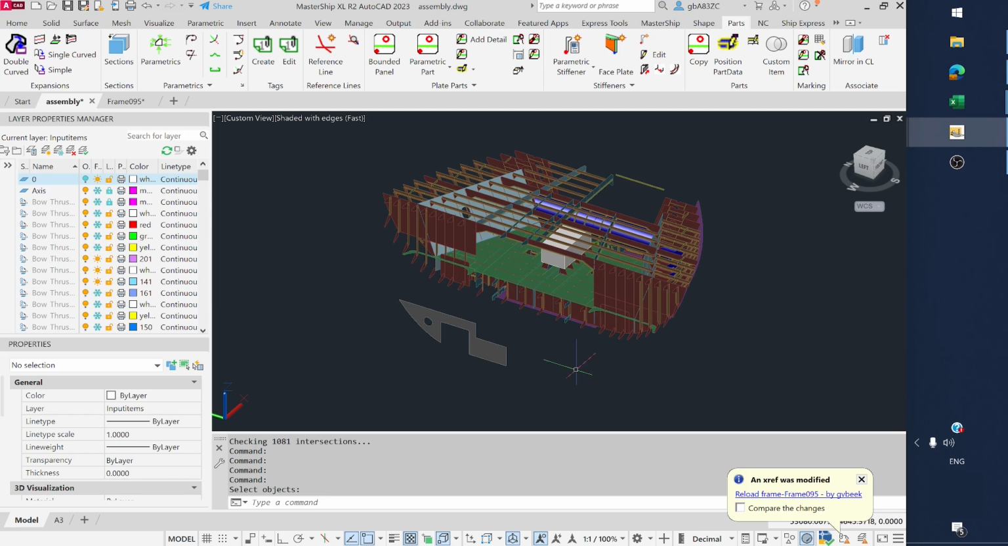Both of the parts will show up in the reports and will be taken up into the COG calculations, and the part will also show up in the nestings. So this